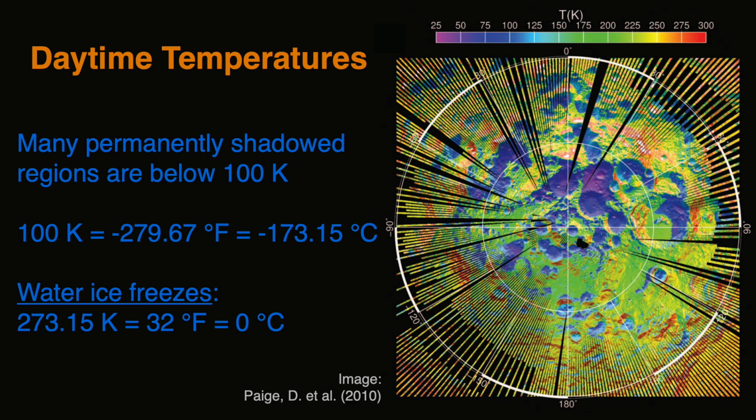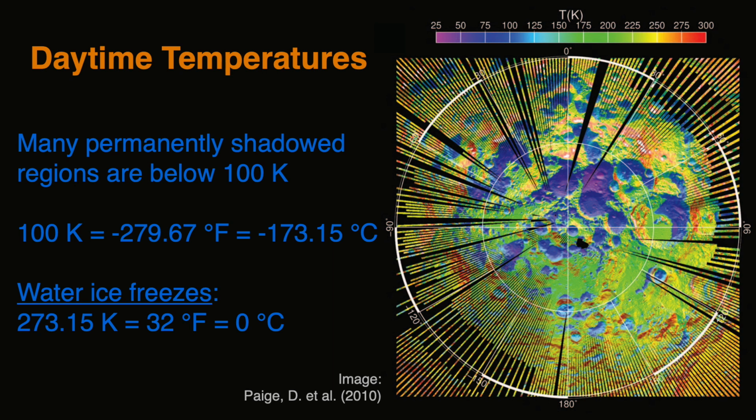This image shows temperatures during the time when these regions of the Moon have the potential to get sunlight. Notice that these are the highest temperatures that these regions experience. Purple-blue colors are temperatures between 25 to 100 Kelvin, so many of the permanently shadowed regions consistently have temperatures below 100 Kelvin. Note that 100 Kelvin is minus 279.67 degrees Fahrenheit, or minus 173.15 degrees Celsius. For reference, you are probably aware that water freezes at 0 degrees Celsius or 32 degrees Fahrenheit,